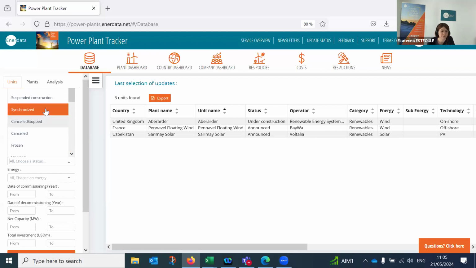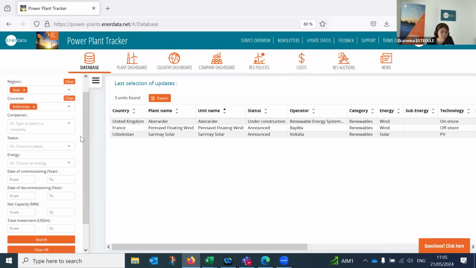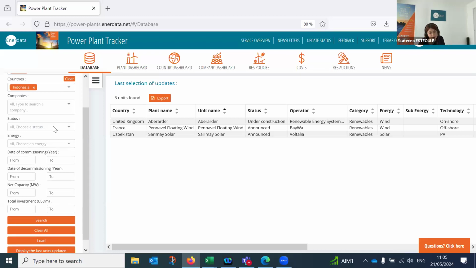After, of course, we're covering the under construction power plants, with under construction, suspended construction, and synchronization with the network. Existing, of course, operational and mothballed, are covered here. And we don't stop here. We also cover the cancelled and stopped projects and power plants. If you don't put any status here, all the statuses from the project under construction, existing and closed and stopped will be added to your search.